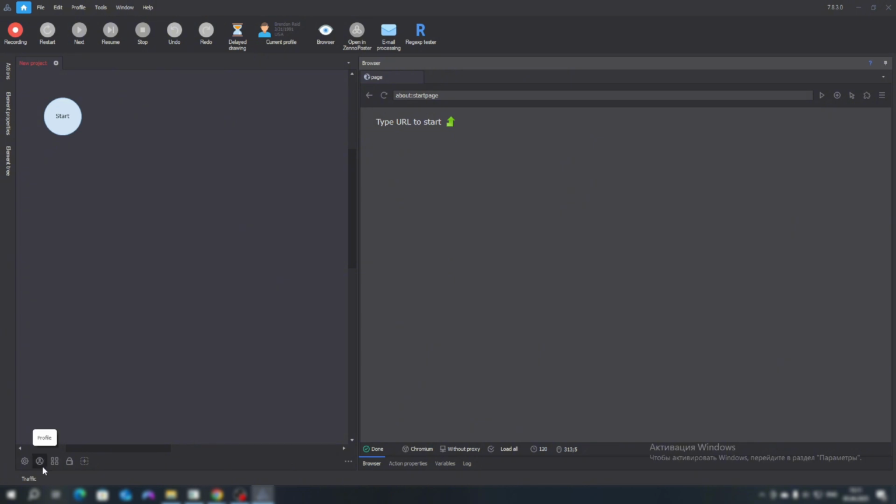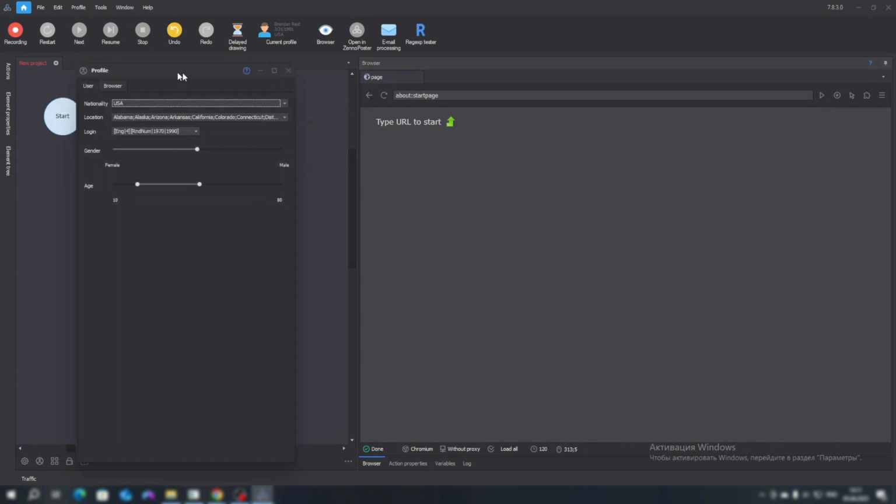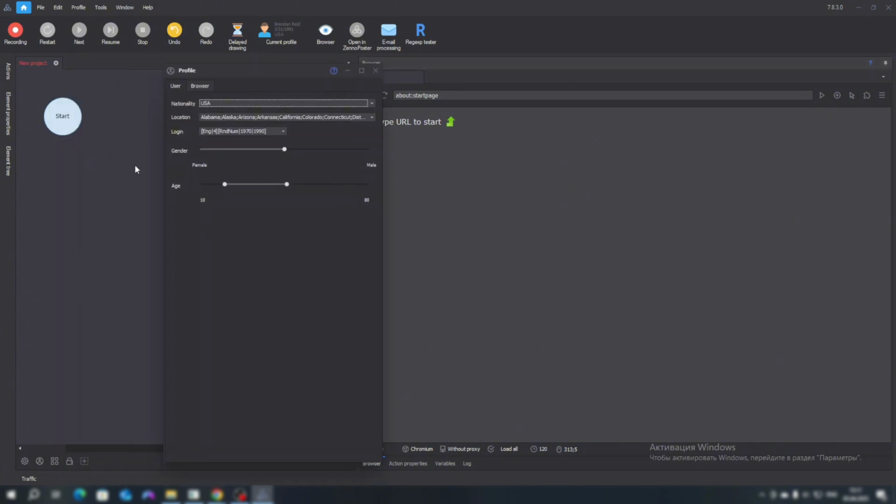Next, we go to the settings of our profile. And here, there is a value such as nationality. Often, when registering on a website, we are asked to provide a first name, last name, or city of residence. The field nationality determines to which country the values of these names will be linked. Right now we have USA set, meaning American names, surnames, and cities will be generated. If we set it to Germany, then German data will be generated, but we will leave it as USA.